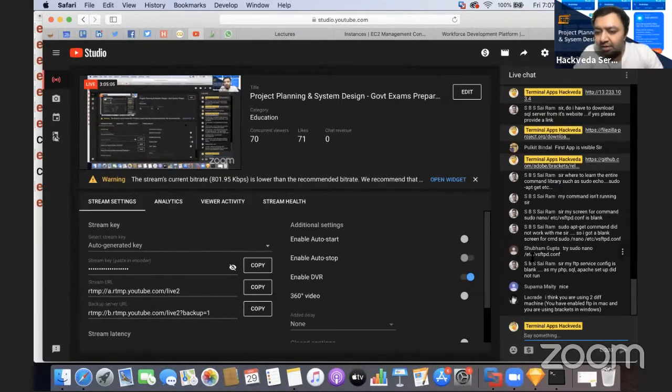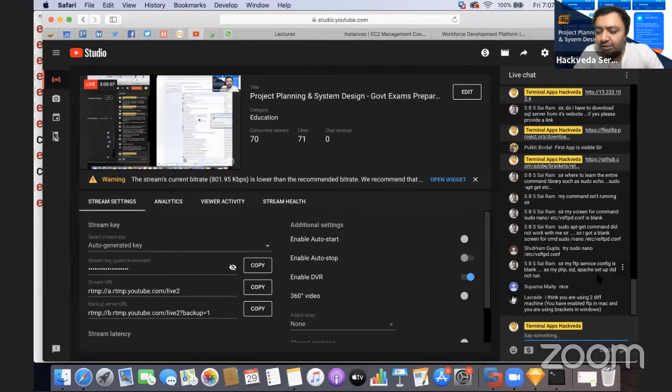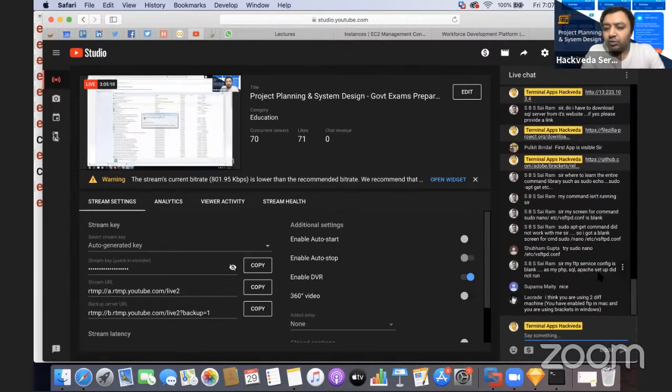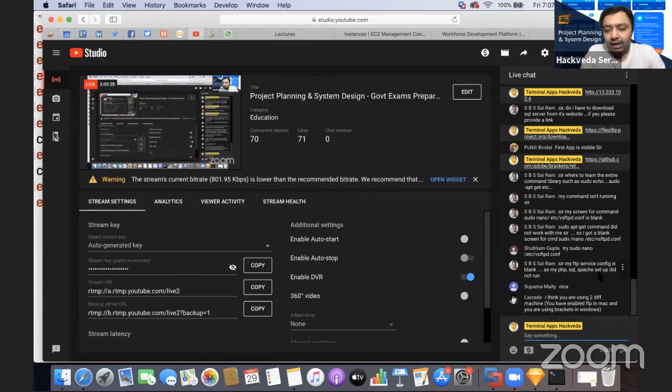My FTP service configuration is blank as my PHP, MySQL, Apache 2 setup did not run. So your PHP, MySQL and Apache setup won't be a problem because it is not related to FTP anyhow. You just need to rerun your command by removing mysql-server. You can remove that and just run php, mysql, and libapache2-mod-php. And you have been making a mistake on libapache2. So you actually need to update that, as well as the second command which you have written over here,